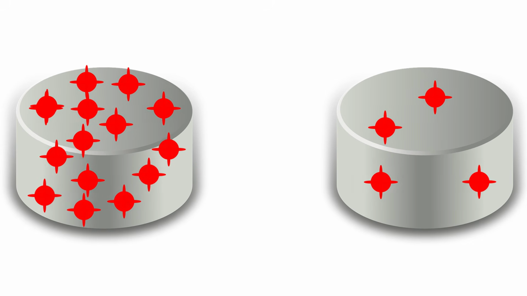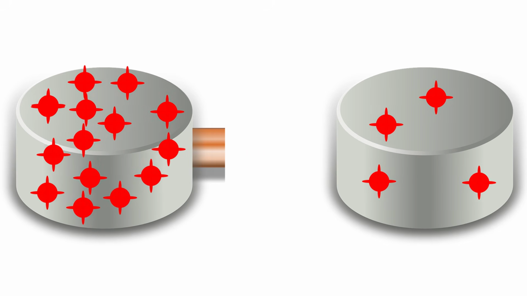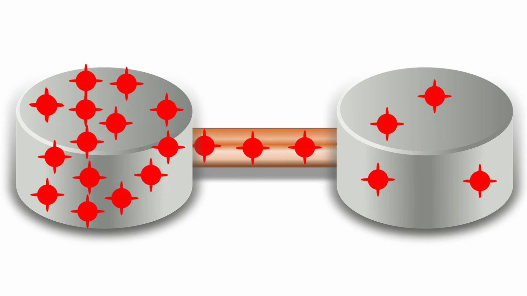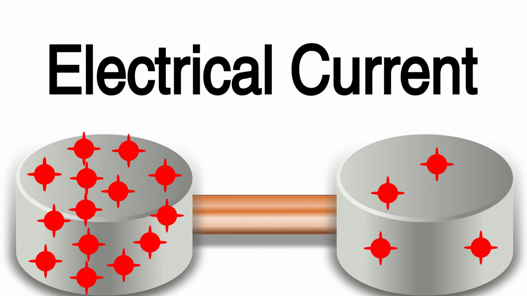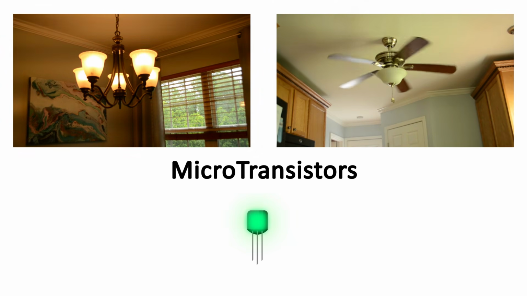So if we connect the low charge and high charge objects together with a conductive material like copper, the electrons will flow from one to the other. The process of electrons moving across this wire is what we call electrical current. Now, if we run this electrical current through certain types of materials, they can make it glow or heat up or make things move. So with this basic concept, electricity can light a light bulb or turn a motor or operate the tiny little switches that make computers work.